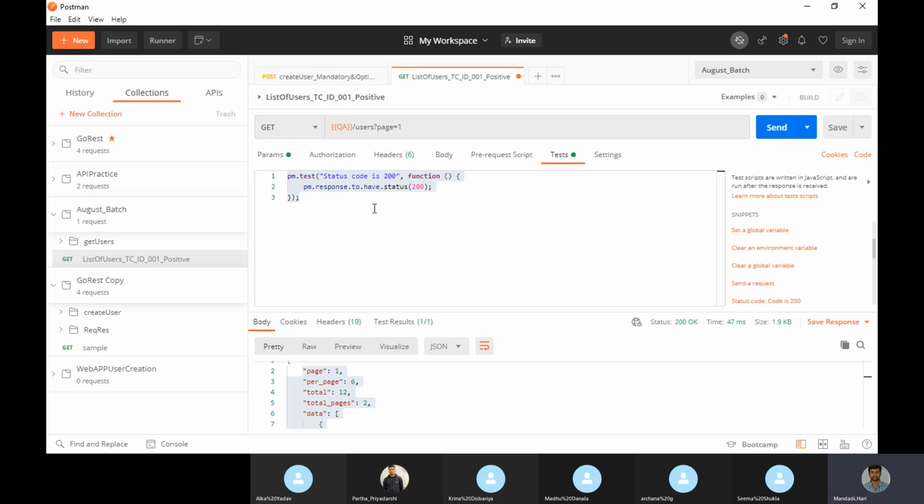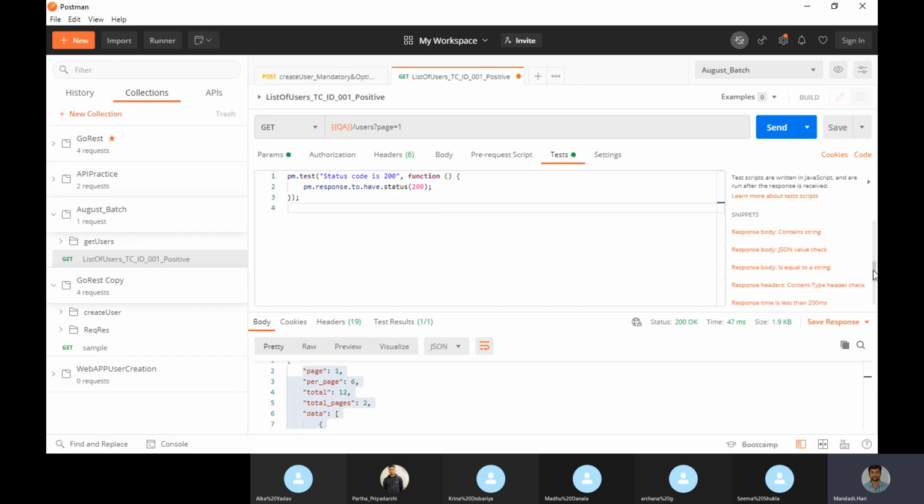So let's go now. Status code we got. Now I want to validate that some value is present in my response. Response body contains string, I can check that. Response body JSON value check, I can check with this also. Response body is equal to some string, this also I can check. Whatever I need based on my requirement, I can do.